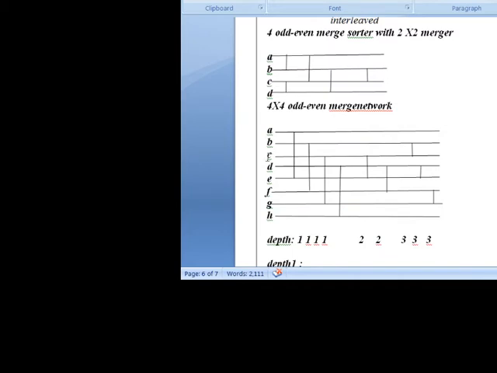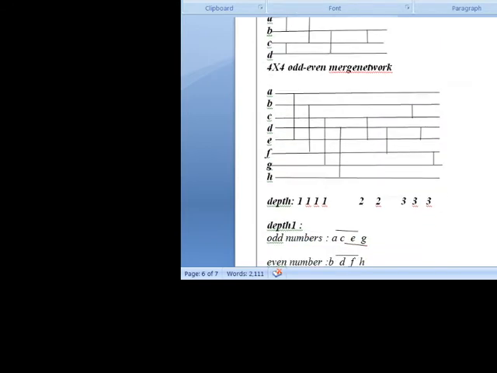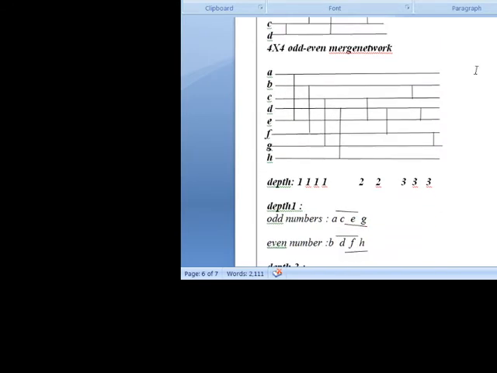See, we have 8 elements. For these 8 elements we consider in depth 1. In 3 depths we have to sort these elements using the odd-even merge network. In depth 1, what we are doing is take the comparators for the odd wires and even wires separately.